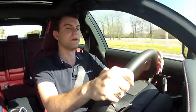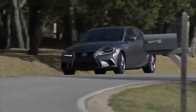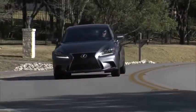Track days are an awful lot of fun, but as anybody who takes them on a regular basis will be able to tell you, they can also get pretty expensive. People who are going to go for those track days more than likely are also going to opt for the 350 F-Sport, and that's not what we're taking out here on the road test. Lexus says it expects to sell quite a few more of the 250 model, and that makes sense for a few different